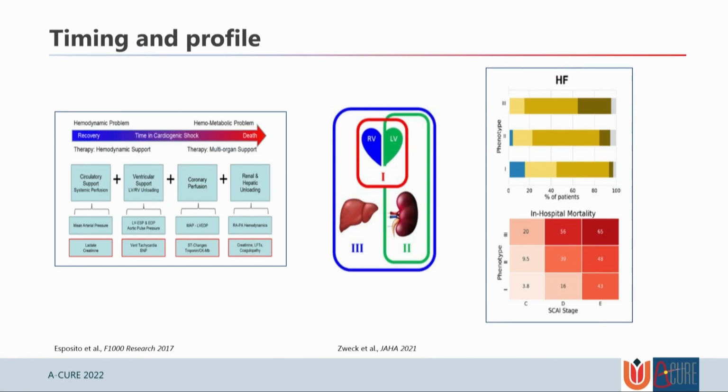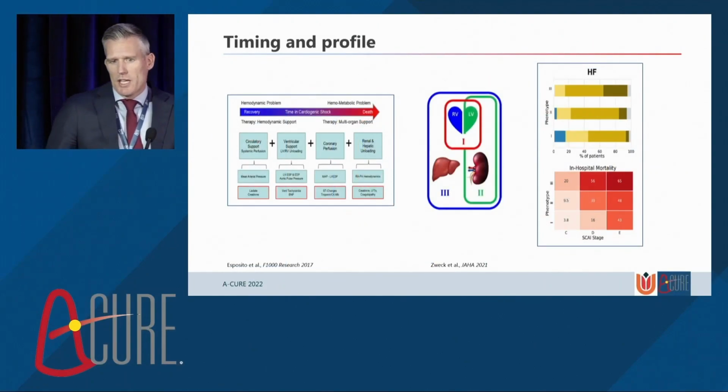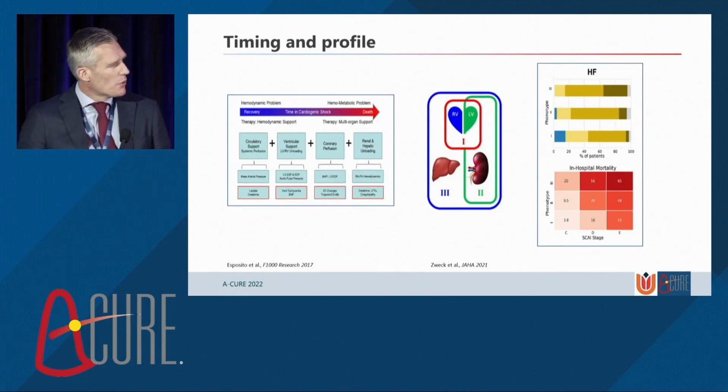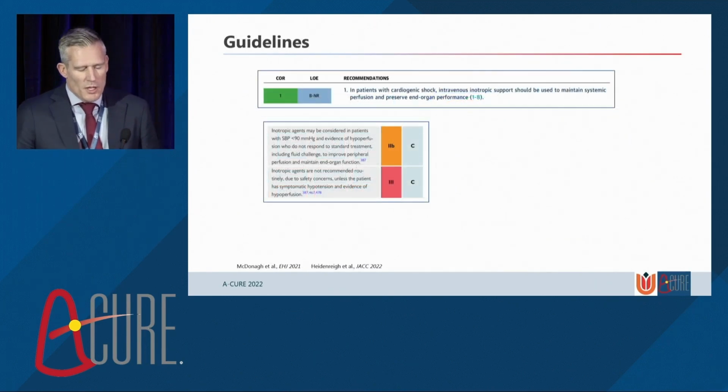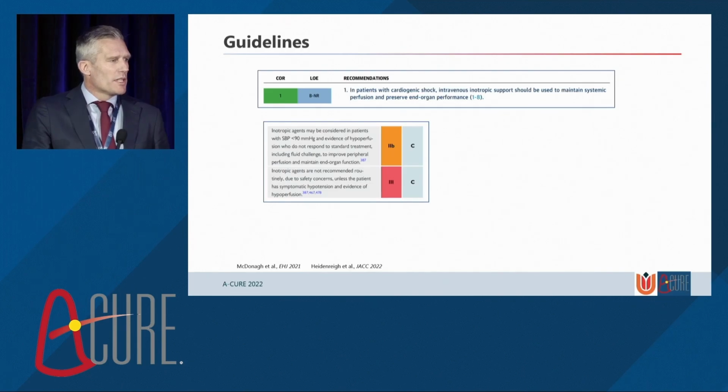If we intervene too late, especially in cardiogenic shock, we know that the problem that we have initially, which is a hemodynamic problem, will become more a hematometabolic derangement. And that might be one of the reasons why there is no efficacy shown yet from mechanical support in cardiogenic shock at this moment. So, talking about the treatment of these patients, of course, everybody's getting inotropes, at least that's